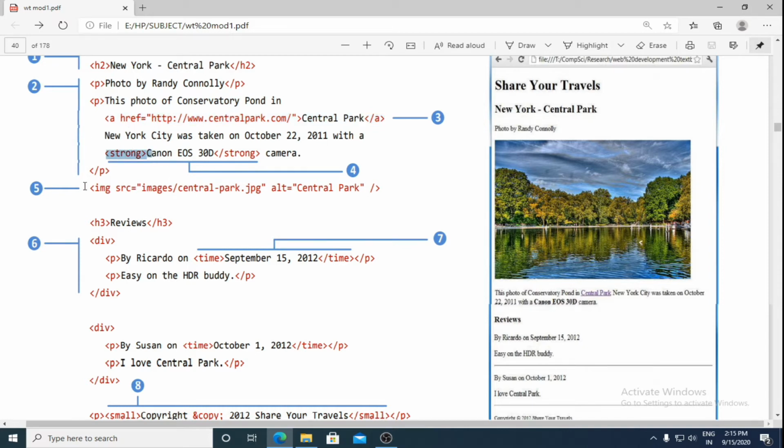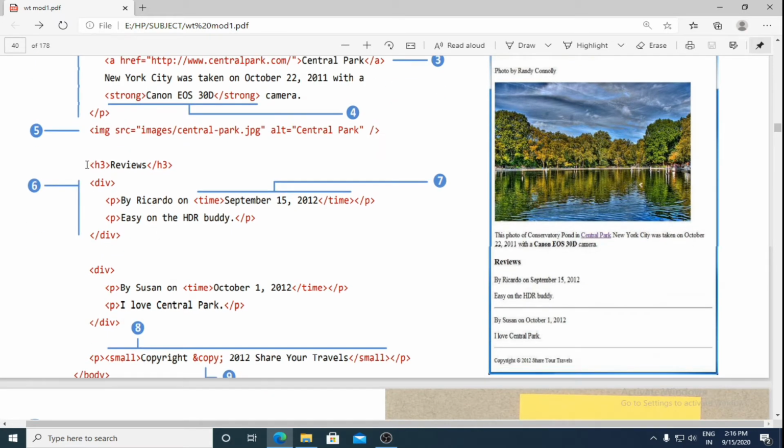After this paragraph we can see that you'll get an image here. The image element is also being used. For the image element, they have specified the source attribute, and for the source attribute they have specified the value, that is where in the system they have stored that image. If that image does not get loaded, then the alt attribute will display the name as Central Park. So this image element will display this image of Central Park. That image file should be there in your system, only then will it get uploaded.